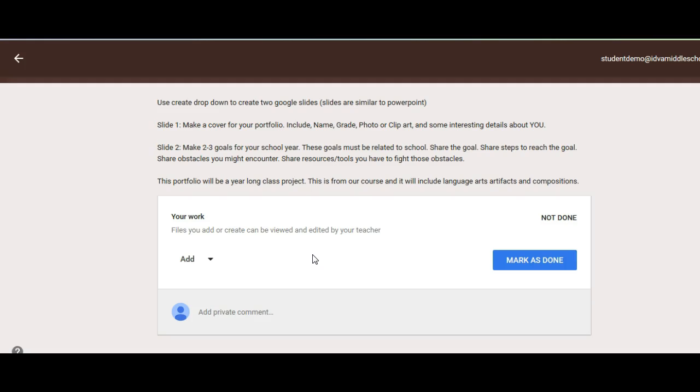and you should share the goals itself. Then share the steps that you're going to use to reach the goal. Share some obstacles you might encounter as you try to reach the goal, and then some tools, some resources like your parents, your teacher asking questions, your textbook, your online school, a variety of things, tools that you have to